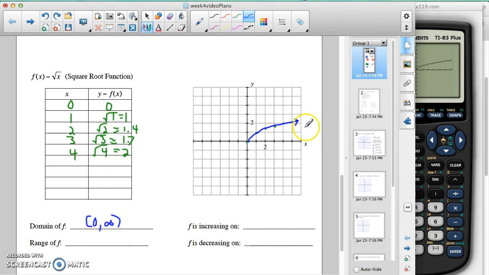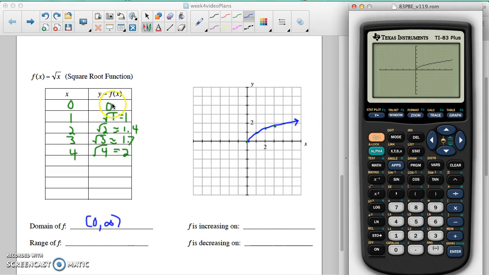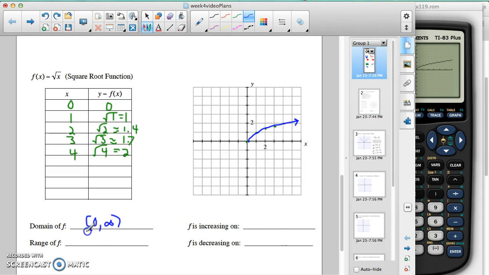The range here is the values that come out of this, and it looks like our range values start at 0 also and go up. So our range values are going to be the same as the domain values. Those answers that come out are also going to go from 0 up. Now on this one, we're increasing throughout, so it's going to be increasing on the same interval, 0 to infinity,